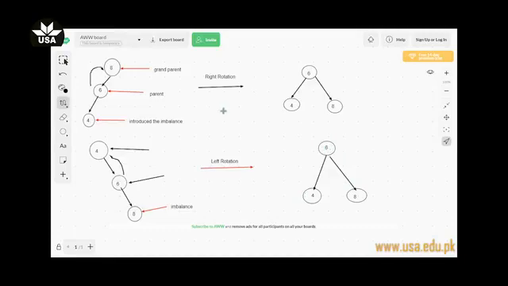These are the two rotations we have discussed till now, and we will observe other kinds of rotations in future sessions. Currently, you can observe that the main cause of the imbalance in a binary search tree was the sequence of values. The construction of a binary search tree is directly dependent on the values to be inserted.